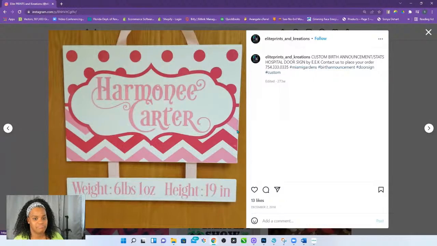Vinyl, door signs. That's it. All vinyl and foam board and some ribbon. This is what I consider to be crafting. Like I was crafting back then. It wasn't really a business, because it was foam board and ribbon, and the back of that looked kind of ghetto, I ain't even gonna lie. But they loved it. And at the hospital, they loved it. I got more orders just from that.